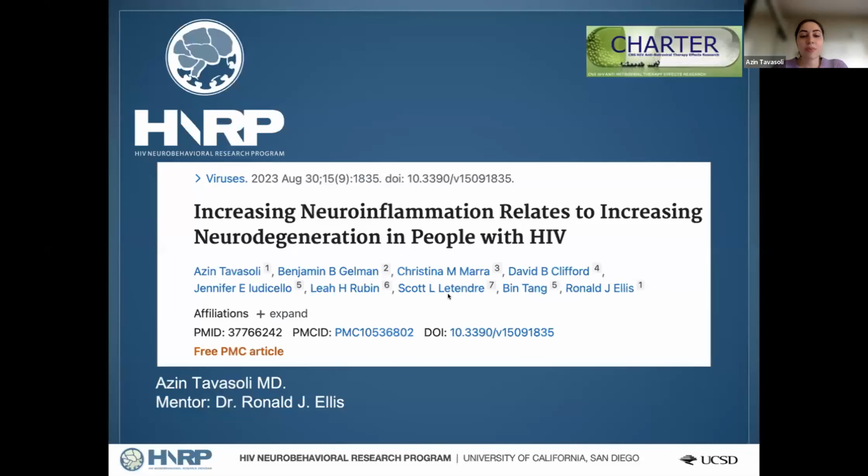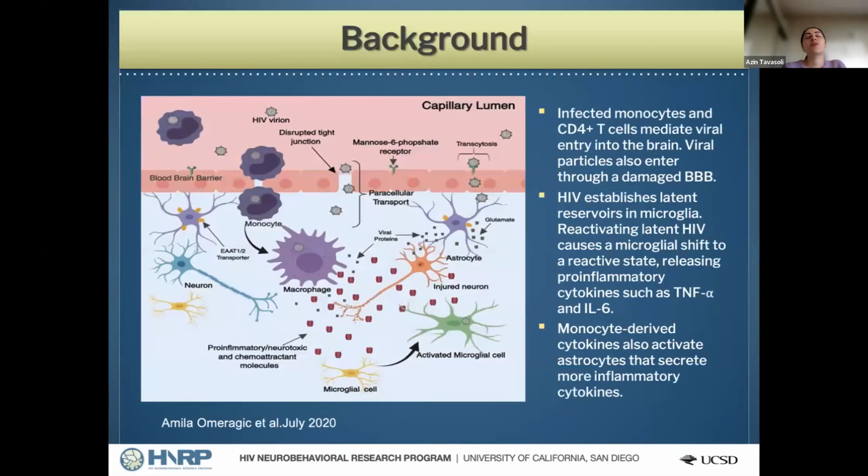Okay, today I'm going to present our most recent publication, Increasing Neuroinflammation Relates to Increasing Neurodegeneration in People with HIV. HIV enters the brain early in the disease, and infected monocytes and T cells can activate microglia. These activated microglia can release pro-inflammatory cytokines such as TNF-alpha, interleukin-6, and other biomarkers, and monocyte-derived cytokines can activate astrocytes. These activated astrocytes and microglia can release inflammatory biomarkers that can cause neuronal injury, which can drive neurodegeneration in people